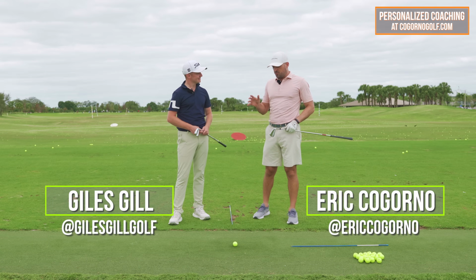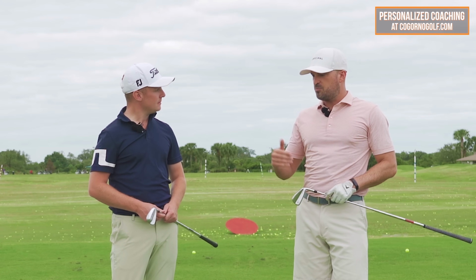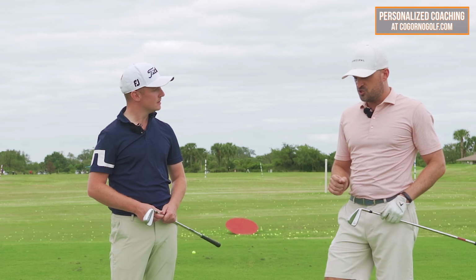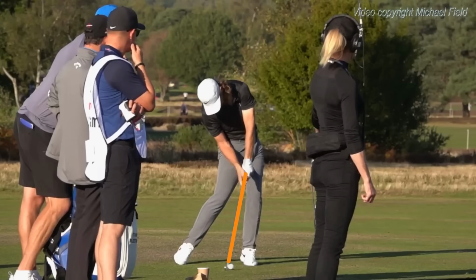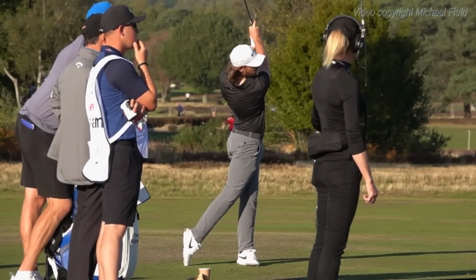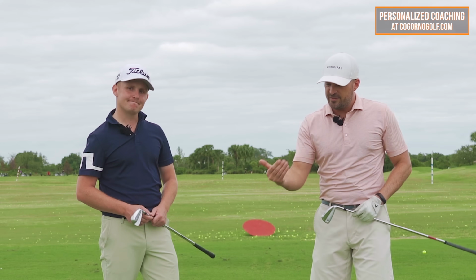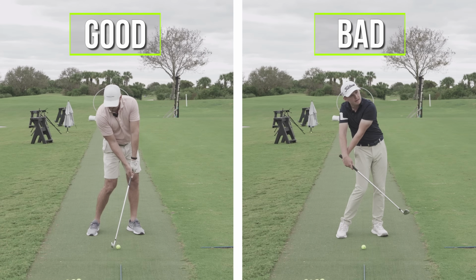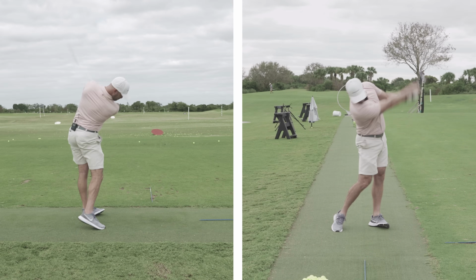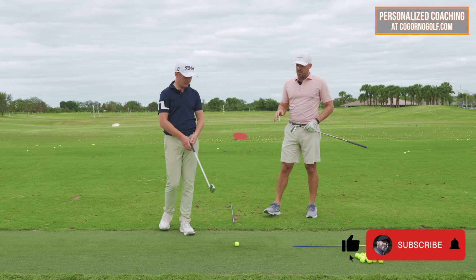Okay, Giles, so the pro golfers compared to the amateur golfer, one of the things that the better ball strikers do at impact is they all have good shaft lean. They're all able to strike ball first, ground second. A lot of the amateurs we work with, this might be you watching, really struggle with that. They struggle to get shaft lean and compress the ball, and we all want to hit it solid day in and day out. Now, there's one thing that we're going to talk about in today's video that